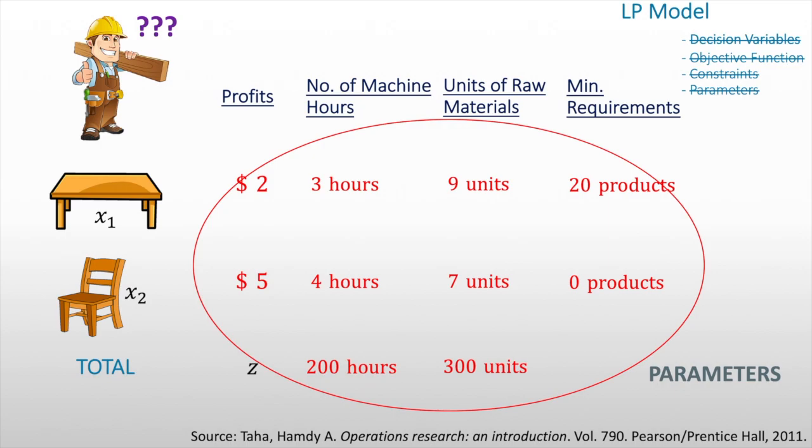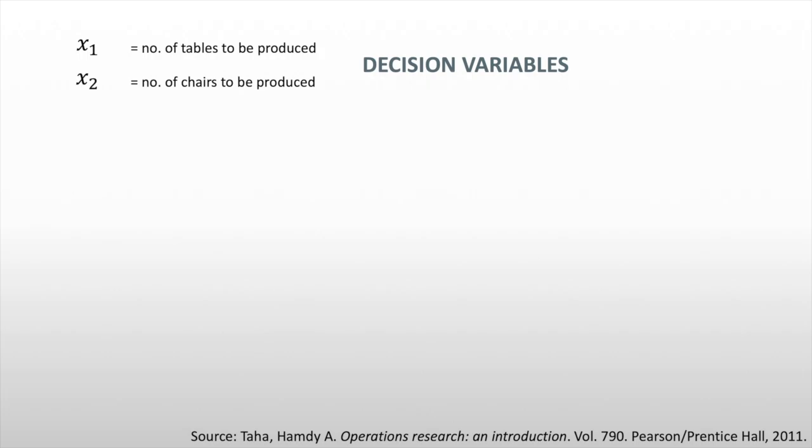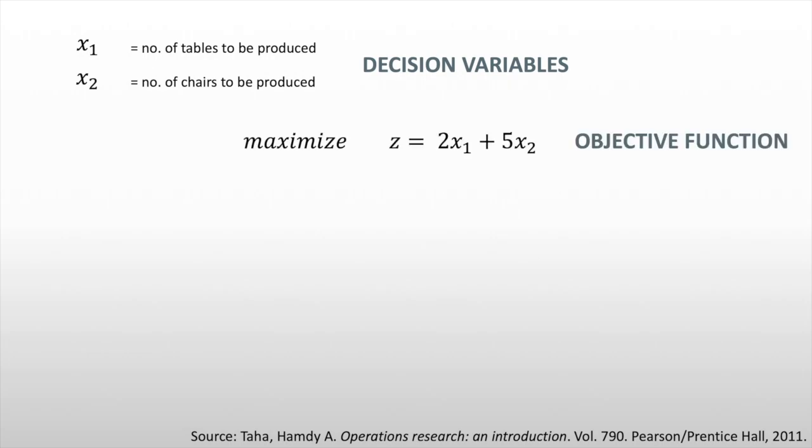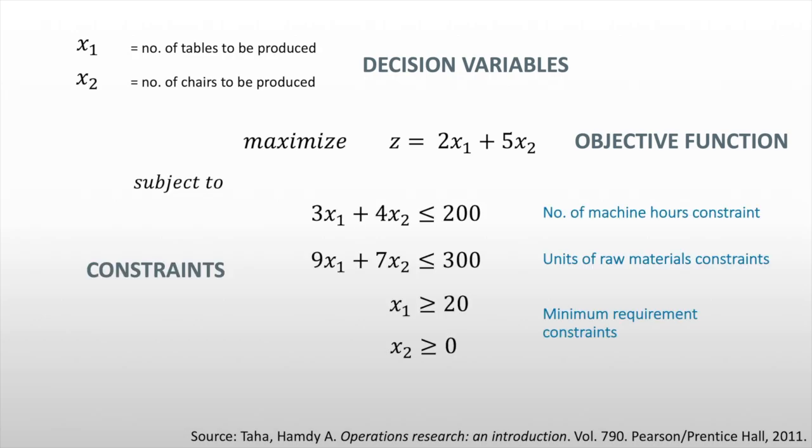Now let's put them all together. First, we have our x1 and x2, which is again the number of tables and chairs to be produced, as our decision variables. Then we have our objective function, which is to maximize our profit z, which is equal to 2x1 plus 5x2, subject to our set of constraints. The first one is the number of machine hours constraint. Then we have our units of raw materials constraint, and then our minimum requirement constraints,